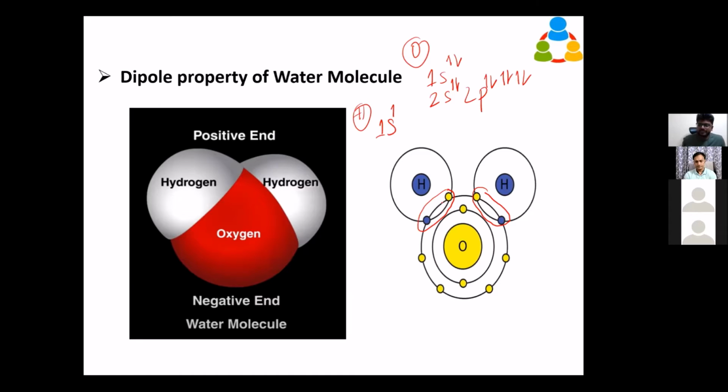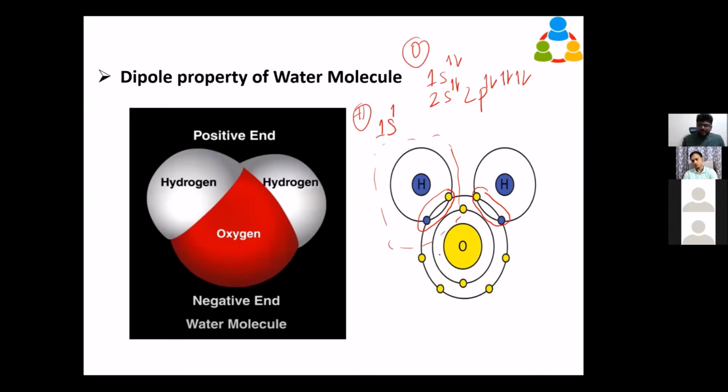There is an empty seat. It needs an electron. Hydrogen needs an electron, and oxygen also needs an electron. When they share, both win. Hydrogen is happy, and oxygen is happy. If you consider only the hydrogen atom, 2 electrons are there. If you consider only the oxygen atom, you can see 8 electrons are there. So both are a win-win case.